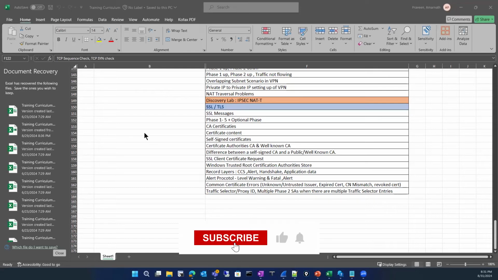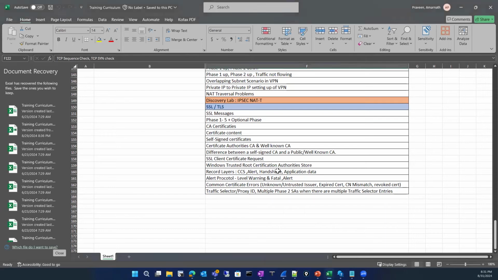So today we have a few topics left. We have seen the difference between a public cert, the five phases and the optional phase, and the SSL handshake. Followed by that, we finished until the Windows trusted root certificate store, where you have to have your root cert for a successful SSL handshake for multiple applications. We have seen that, and today we will see